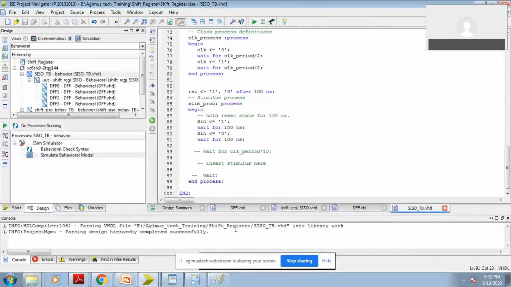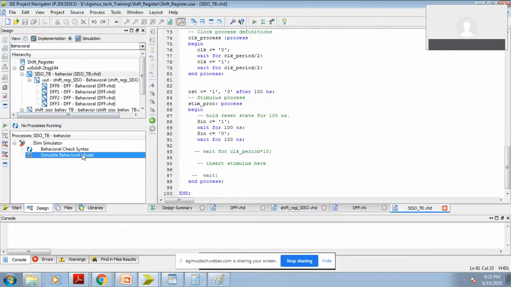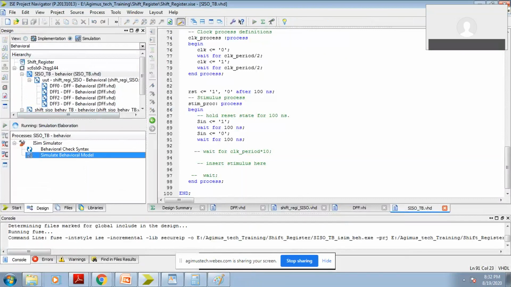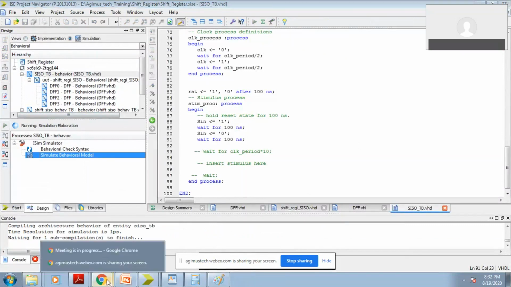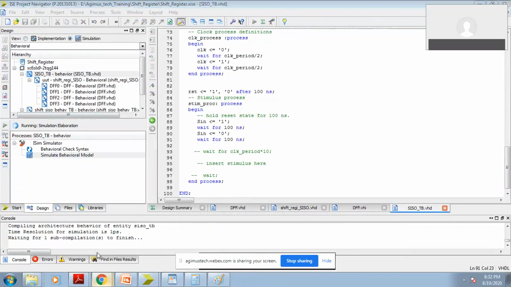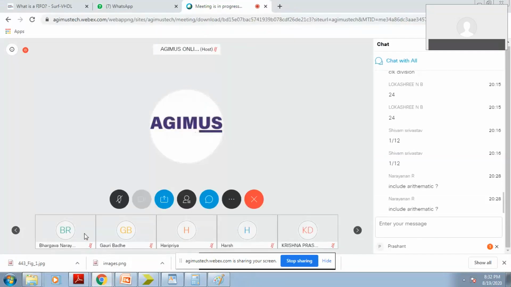So again I'm changing it. Now again you simulate it. As we are dividing by 2, after how many clock pulses are you expecting that S in should be there at the output? My clock is divided by 2. So after how many clock pulses should it be observed?